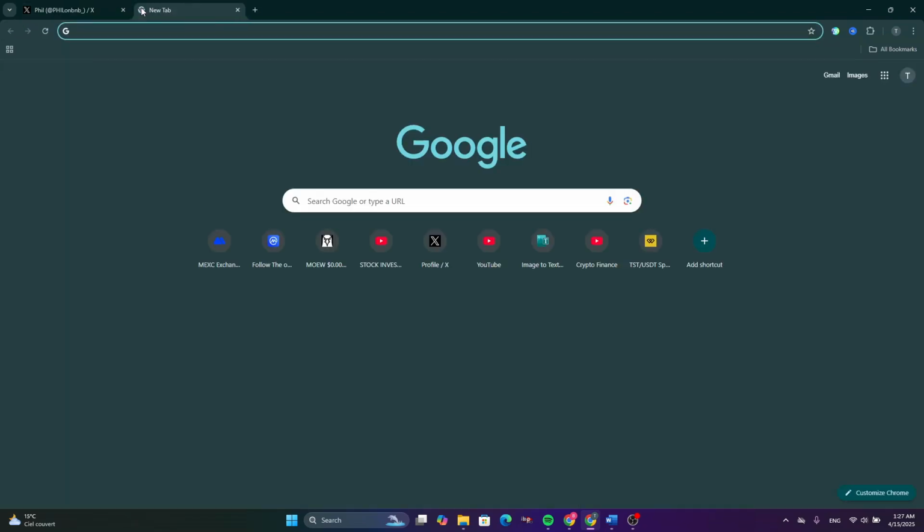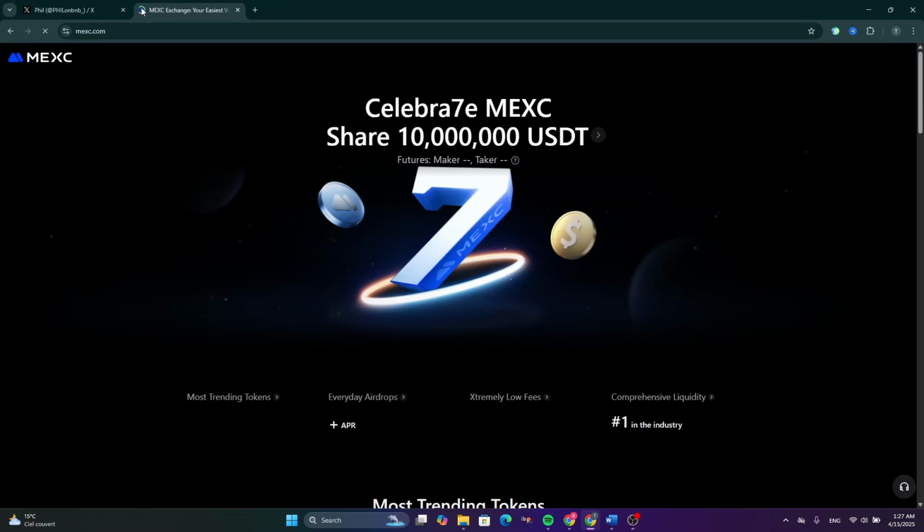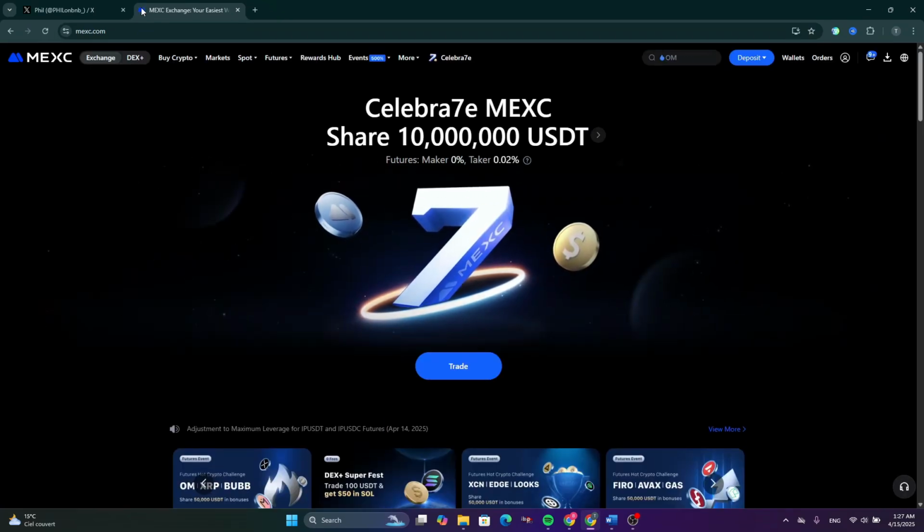Now, first of all, open your MEXC account like that. Now, if you don't have an account on MEXC, go down in the description and you will be able to find the referral link to create an account on MEXC to benefit from rewards and fund your account